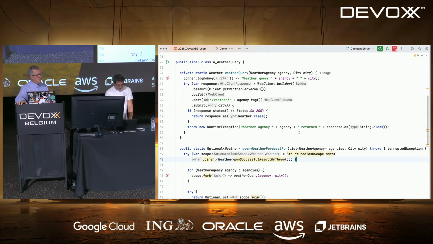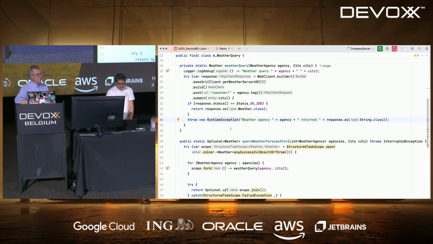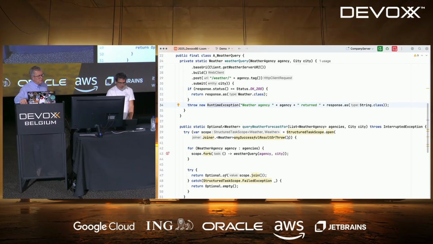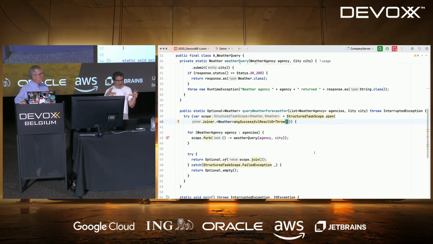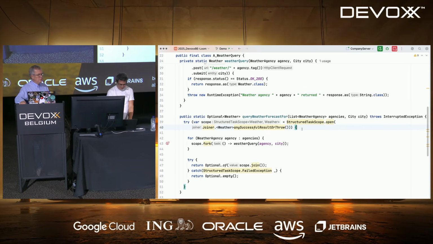That's why here I need to throw an exception, because either it succeeds or it fails, and I need to know if it succeeded or failed. So there is something which is we have no way to say, even if it succeeds, if the value is not the right one. I would want to have something to parameterize the success or not, but I'm not able to do that with that joiner. So it works that way.